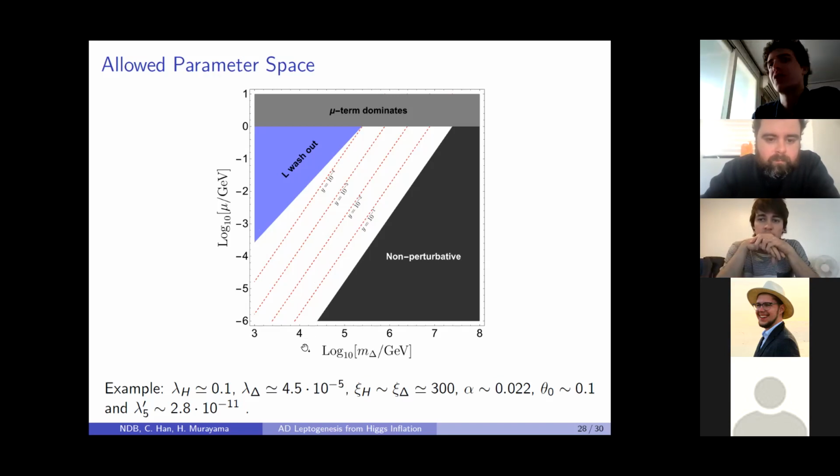What I was trying to say before is that we've selected values here which are somewhat motivated in terms of the Higgs couplings and with respect to the constraints. But you can alter these quite a lot. If you make these so they're not the same, make this lambda bigger or smaller and so on, the mu value might change slightly by an order of magnitude or so, but you can always pretty much get some region which is in this TeV, 10 TeV range.